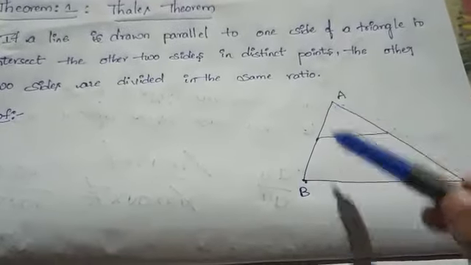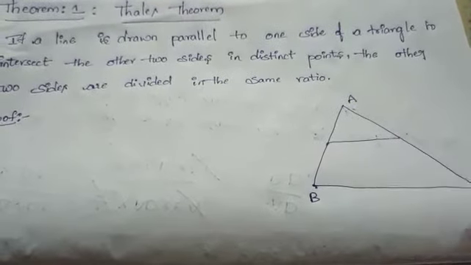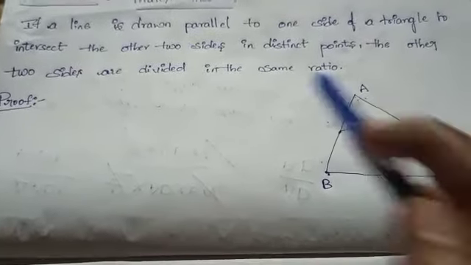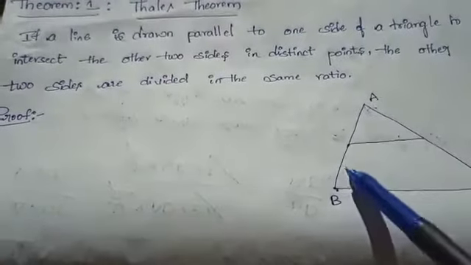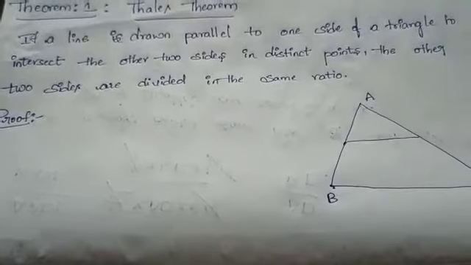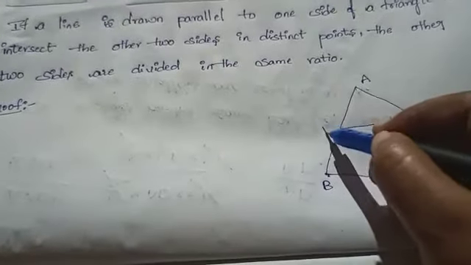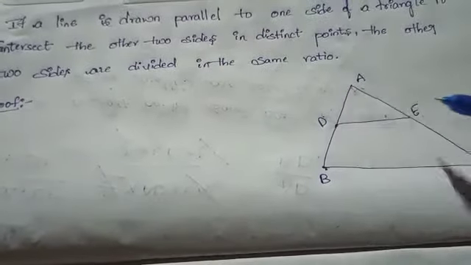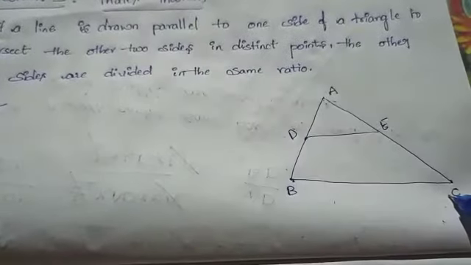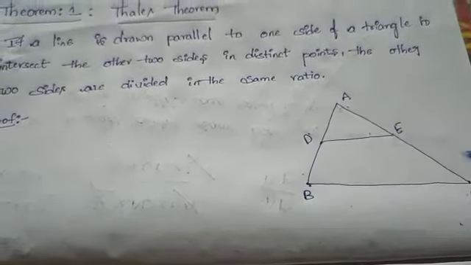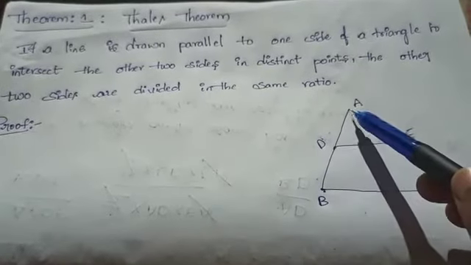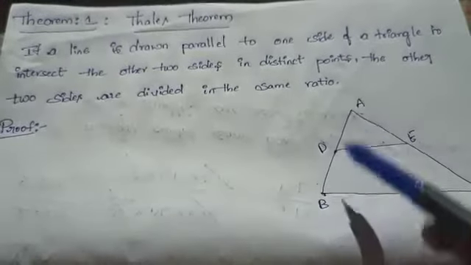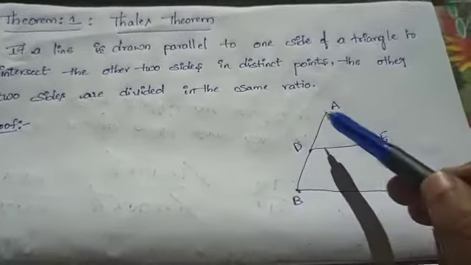Here ABC is the triangle, drawn parallel to one side of the triangle. Here DE is parallel to BC. It intersects the other two sides of the triangle, AB and AC,